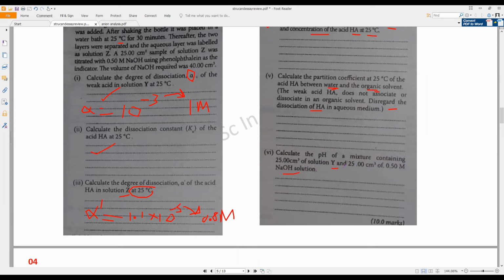So this is actually not relevant to this particular question, but they need to fill the marks, so they have given another part. So you have 25 cubic centimeter of Y. You know the concentration of Y is 1 m, and you have been given 0.5 m NaOH. So we will quickly discuss that one without taking much time,